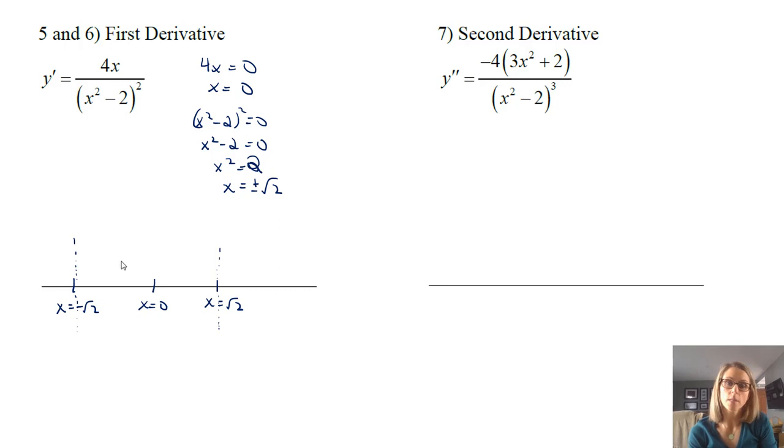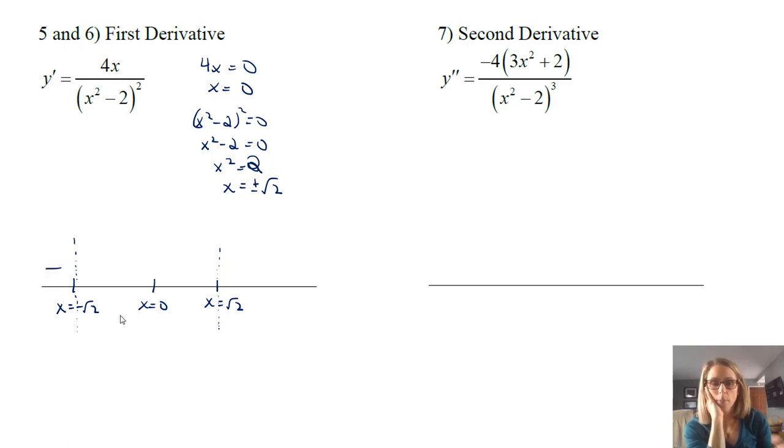And then we simply plug in values on all parts of these intervals to see if our function's increasing or decreasing and where it's increasing or decreasing. So notice on the first derivative, the denominator is always going to be positive. So really all we care about is what's happening with x in the numerator. And so when you plug in something less than negative root 2, so just pick like negative 100, your derivative is going to be negative in the numerator, but it's going to be positive in the denominator. So that's going to give us a negative.